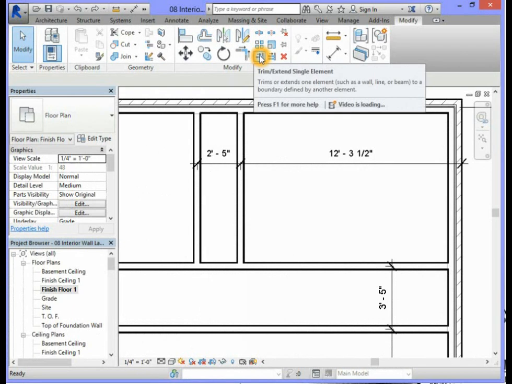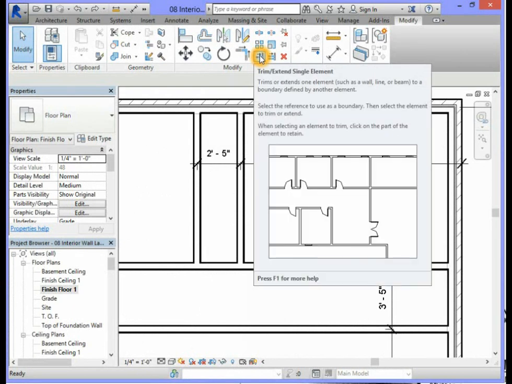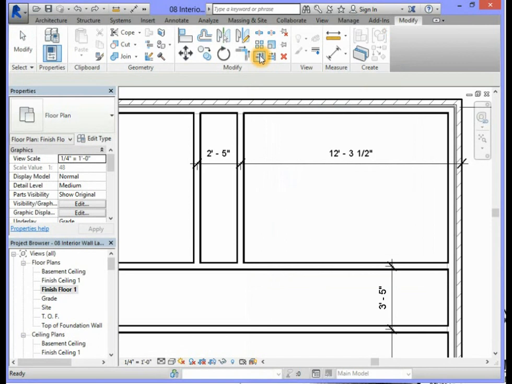We need to select the option that says Trim Extend Single Element. This is in the Modify section of your ribbon. We want to extend this wall to this wall here. So we will first select this wall. Then we will select the vertical wall that we want to